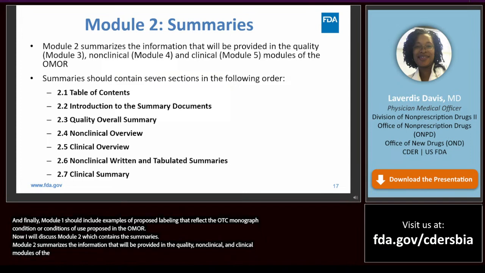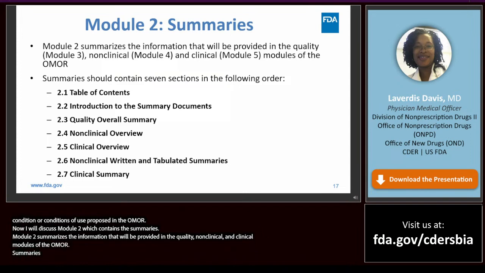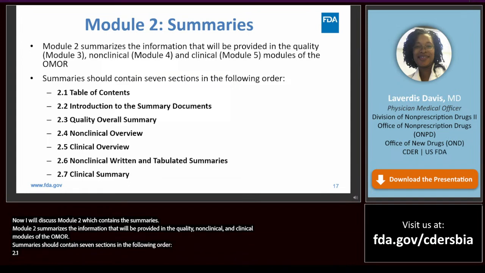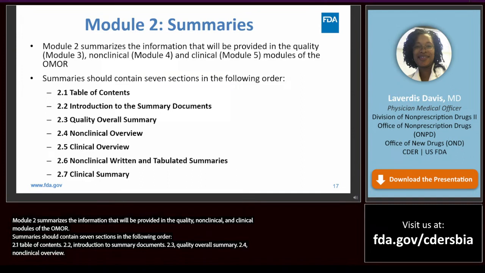The summary should contain 7 sections in the following order: 2.1 Table of Contents, 2.2 Introduction to Summary Documents, 2.3 Quality Overall Summary, 2.4 Non-Clinical Overview, 2.5 Clinical Overview, 2.6 Non-Clinical Written and Tabulated Summaries, 2.7 Clinical Summary.